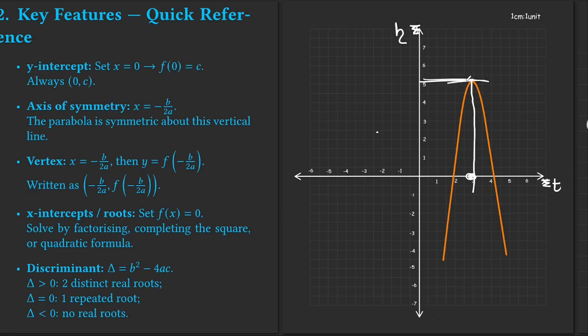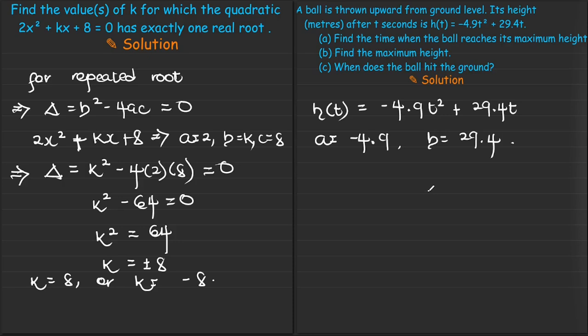Now, if this is the highest peak and this is the corresponding time, what do you think is this line over here? This line is simply the axis of symmetry, and we know how to get that. So you see how we are applying the theoretical concepts to get our answer. They are simply asking for the t's value at the axis of symmetry, which corresponds to where you have the highest peak. We know that is given by t is equal to, this time around not x but t, t is equal to negative b over